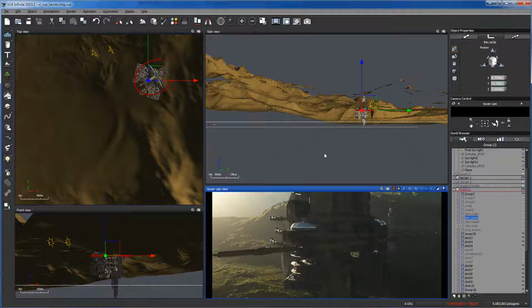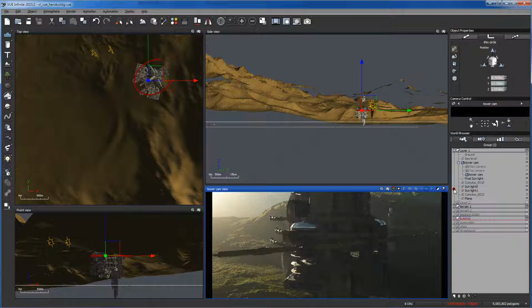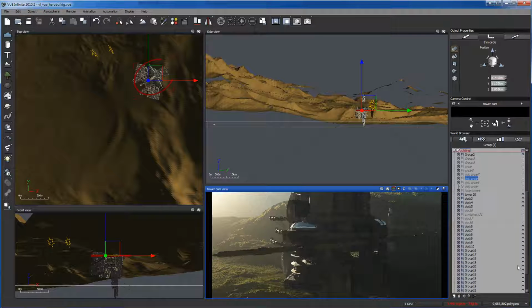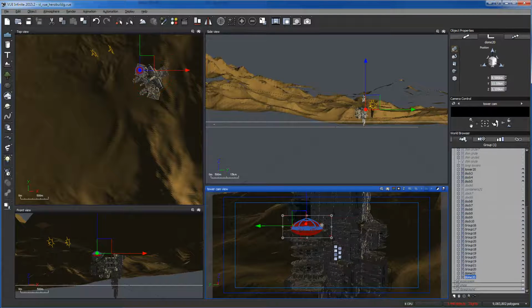Alright, this one looks pretty cool too. There could be some quickie concept art stuff done with this preview. Well, anyway, here we have another preview of the building, and I think we covered that ground rather nicely. So let's go back to the big scene and have a look at the remaining layers that are in the